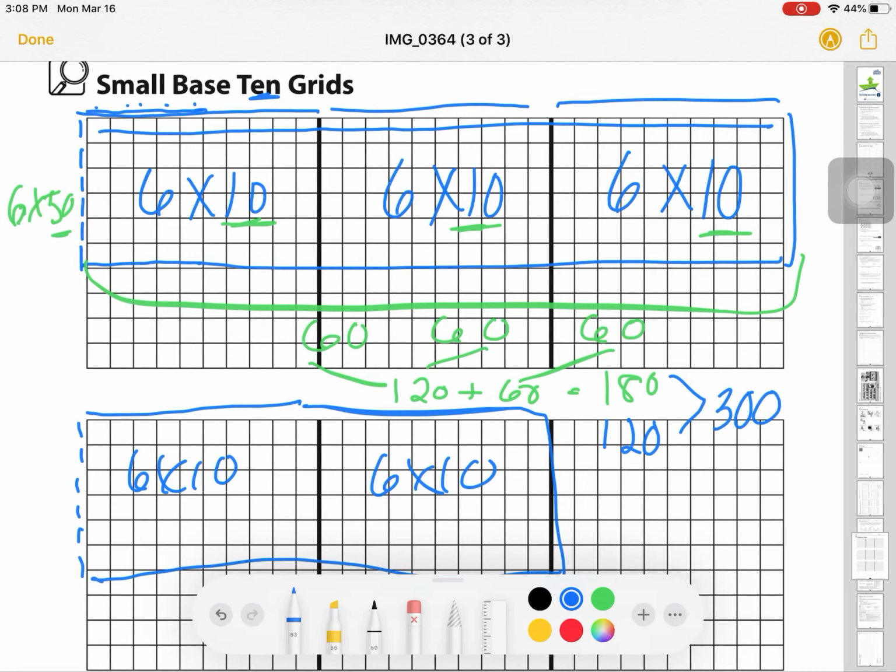There are multiple ways to think of that. You could think of it in terms of just multiplying a 6 times 5, which is a 30, and then I love that zeros trick to bring it down to make it 300. That's pretty simple too, but really what you're doing when you're multiplying 6 times 50 is you're thinking of each individual tiny little 6 by 10 and just repeating that process over and over again